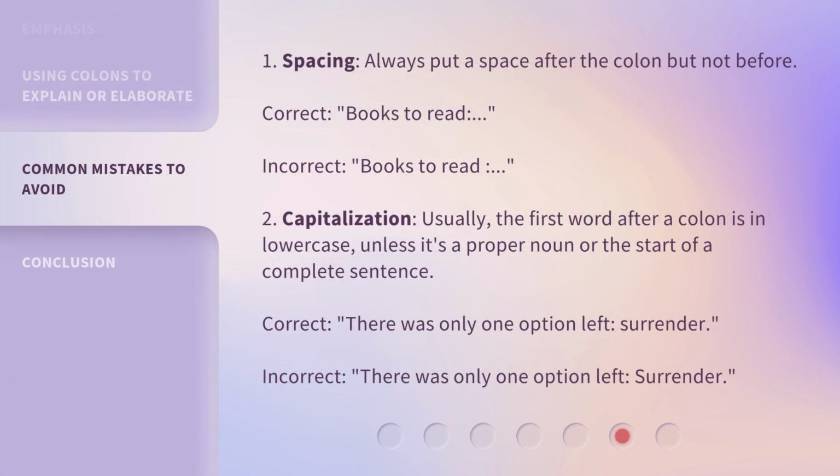1. Spacing. Always put a space after the colon but not before. Correct: Books to read: Incorrect: Books to read :